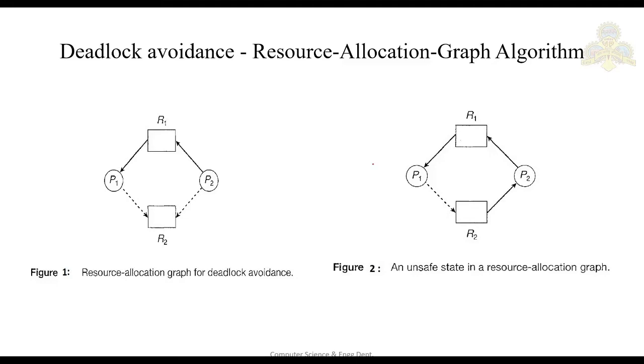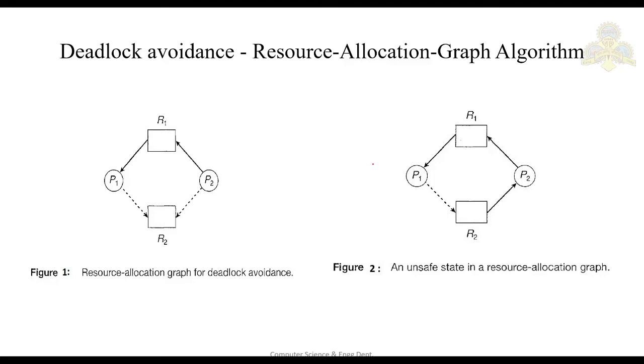Okay. So if a resource type has a single instance, that means only one instance of a resource is present, then we use a resource allocation graph algorithm. For example, single instance means you have only one printer connected to your computer. You do not have multiple printers connected to it. So at that time we say we have a single instance of a printer. Now if we have multiple instances attached to your system, then we use a different algorithm, that is the banker's algorithm, that we'll see in the next class.